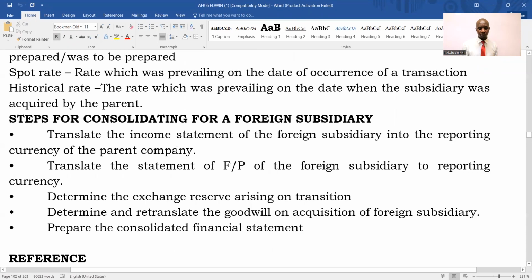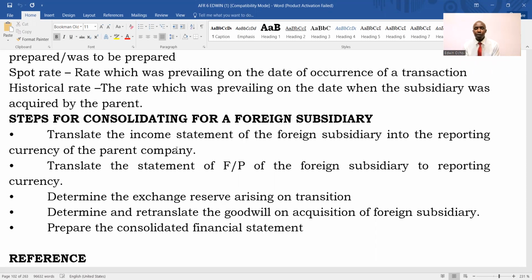Steps for consolidating for a foreign subsidiary. The first thing you do is translate the income statement. Step 2, you translate the statement of financial position. Remember that you are translating the foreign branch. So you translate the income statement and statement of financial position of that foreign branch. Then you determine the exchange reserve arising on translation,